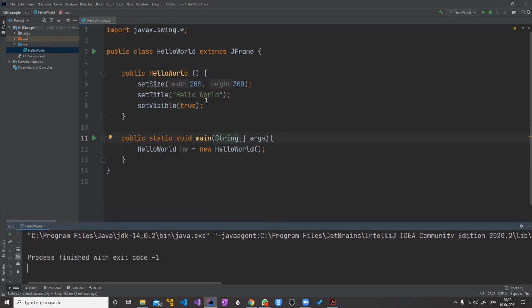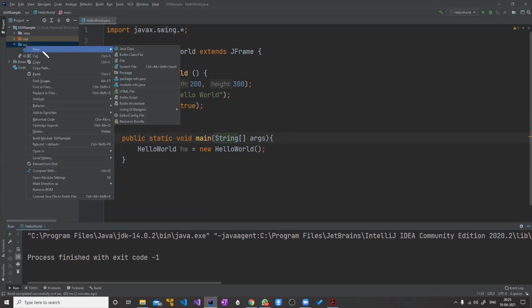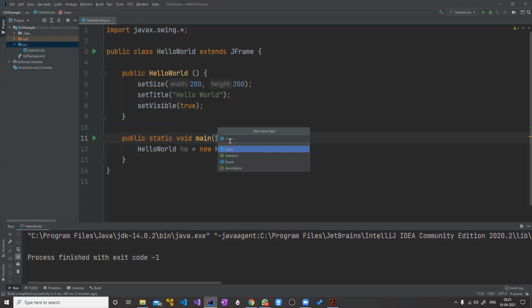So we'll make some changes in the code which we have already seen. So how to actually do that? Let's first create a new file. Let's create a new Java class. Let's give it the name SimpleCalculator.